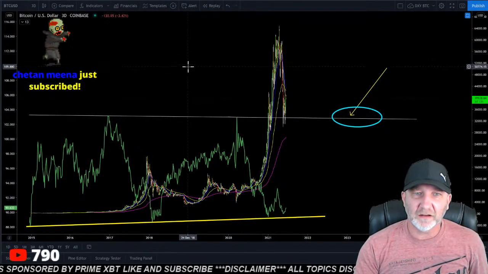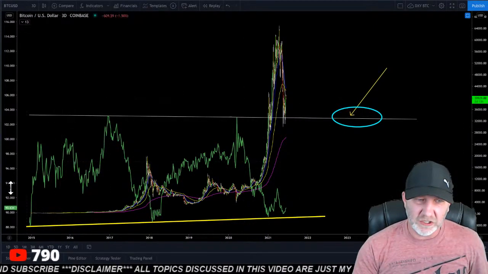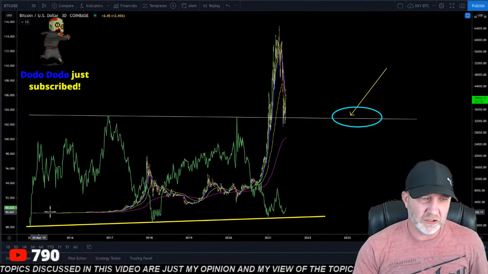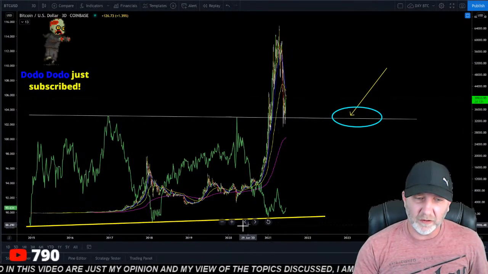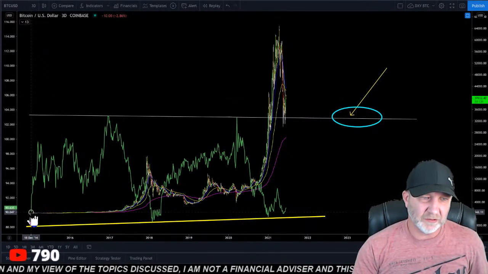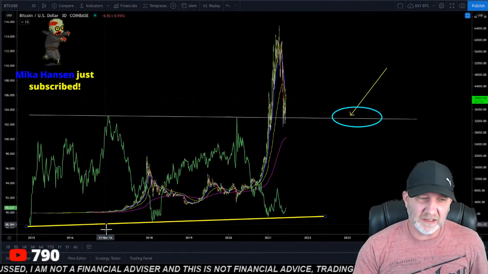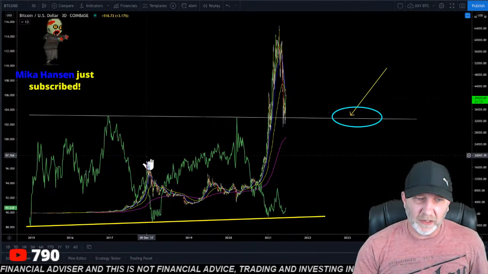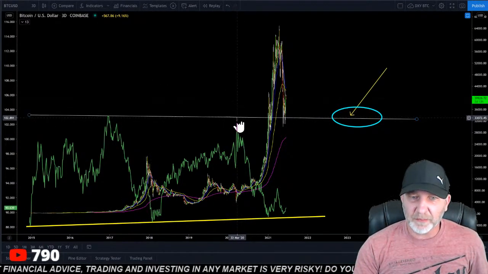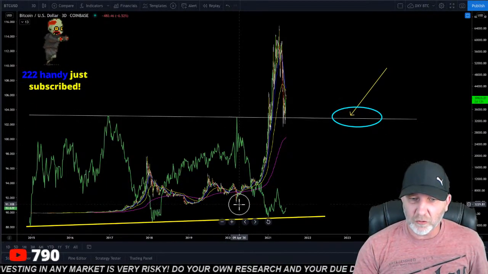Let's take a look at the DXY, the dollar. The green chart here is the dollar index, which is the DXY overlaid on the Bitcoin chart. Every time the dollar hits this bottom trend line, the dollar bottoms, Bitcoin tops. This was back in 2014. The dollar topped here in 2016, Bitcoin bottomed. Bitcoin topped in 2017, the dollar bottomed. The dollar topped on the top trend line March 2020, Bitcoin bottomed.